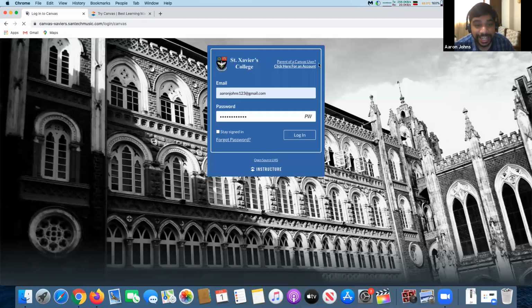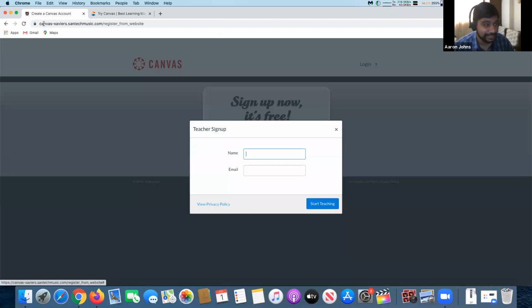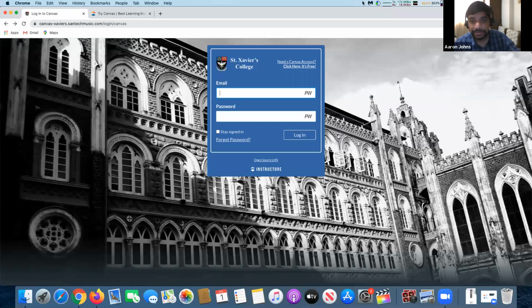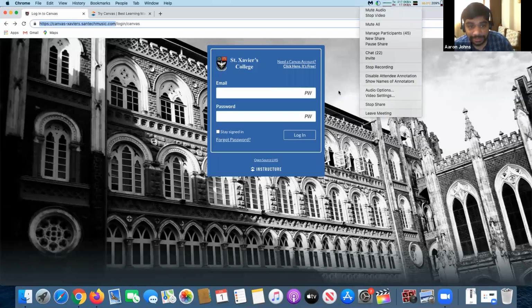Now you can see, need a Canvas account, click here, it's free. So you can register yourself as a teacher and come into it. You'll get an email in your box and you can test this out. So I'll send you this link, because by the time that other Canvas, if you have to register, it will take a little while. So for now, you can use the one which is running on my server for right now. 1 second. Let me see where the thing runs. Chat. Now this Zoom also is sitting.